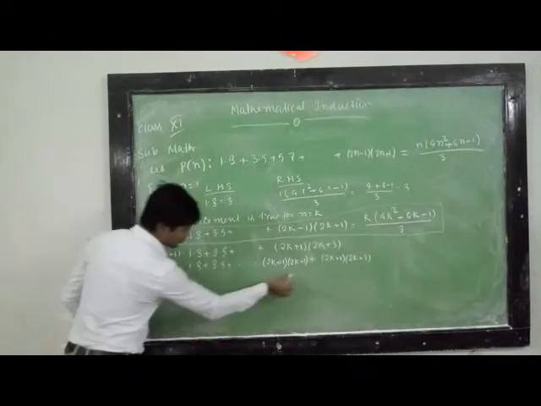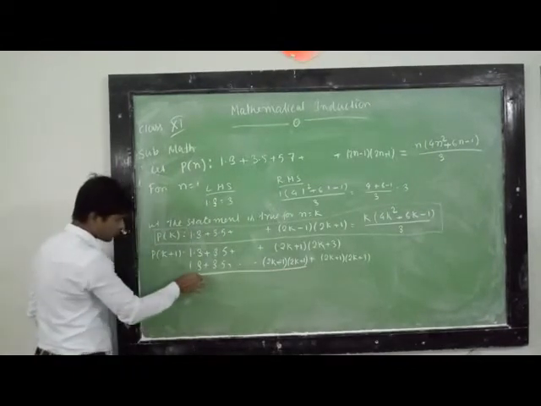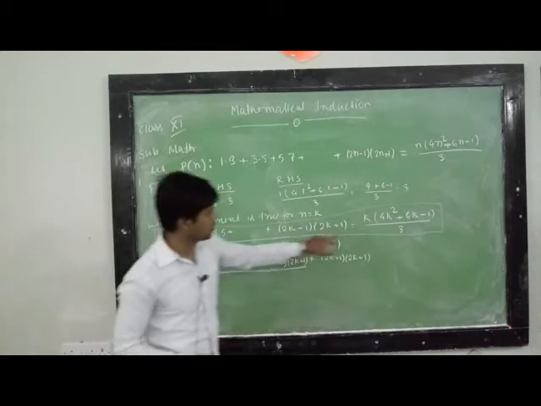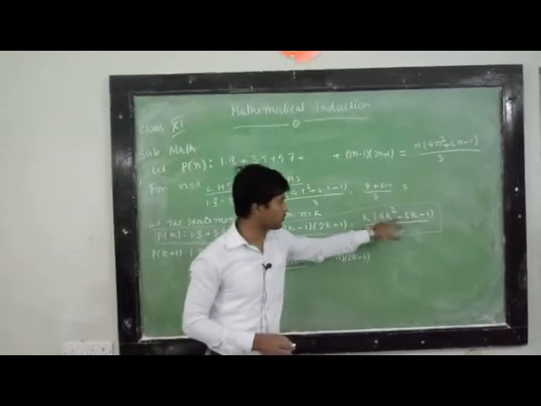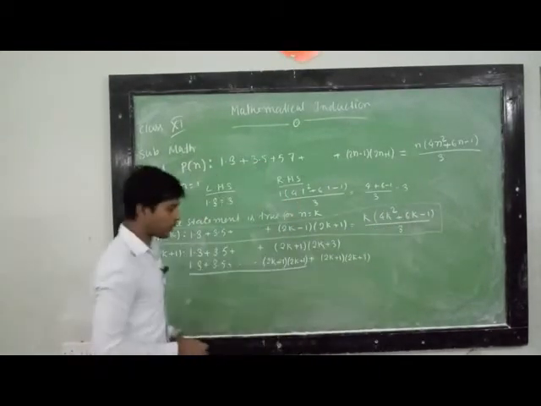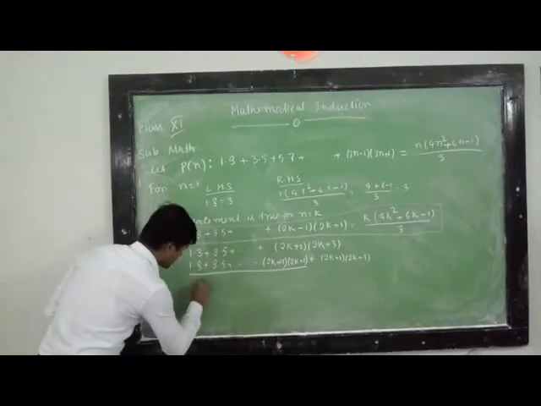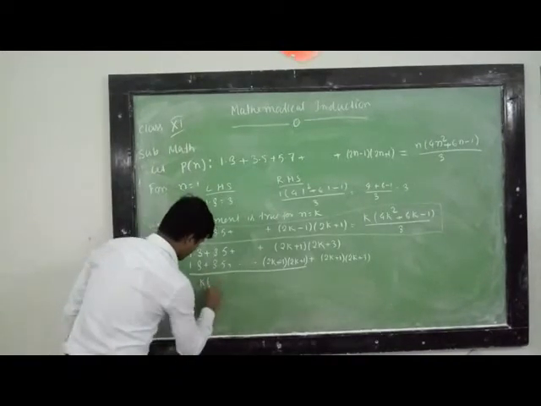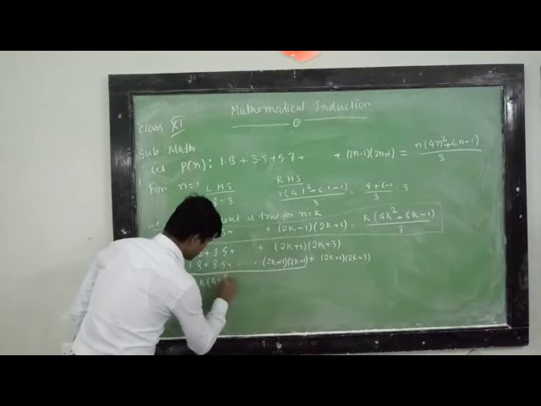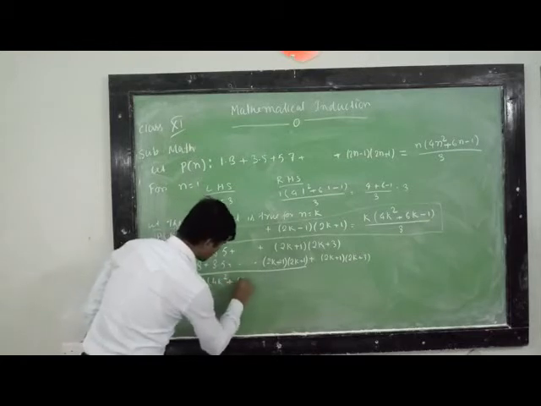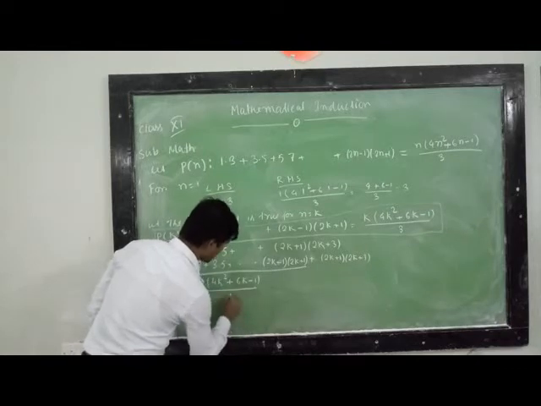Now look at this expression. The value of this expression is given here: k into 4k square plus 6k minus 1 by 3. So put it here. That is k into 4k square plus 6k minus 1 by 3